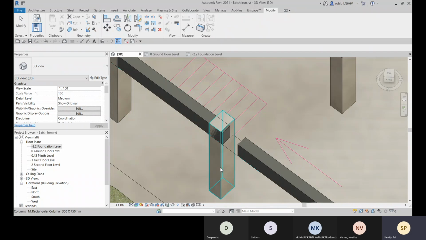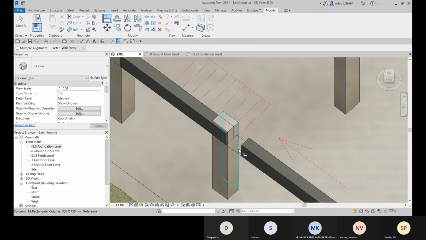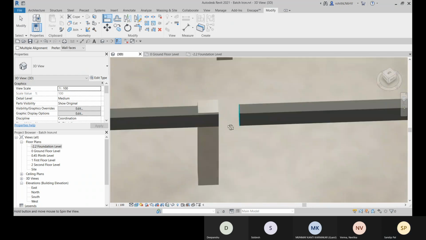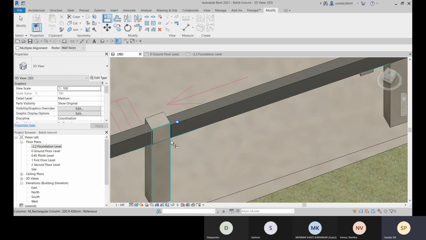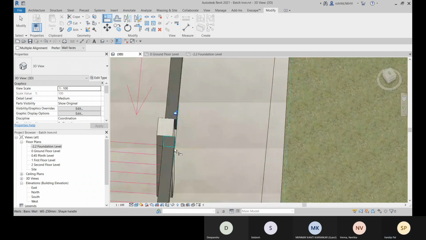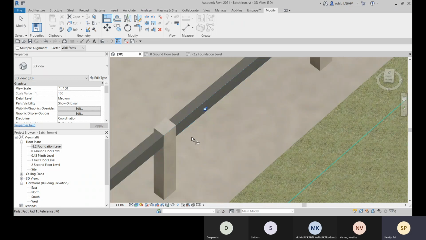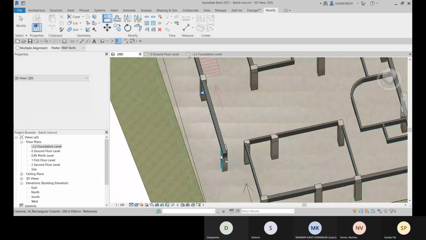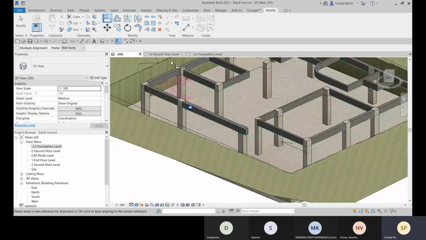or else select it, space bar, then go for the alignment. Okay. So this face, this face will be aligned, and now for this face, it will be aligned. Okay, so it is aligned right now, and here also.